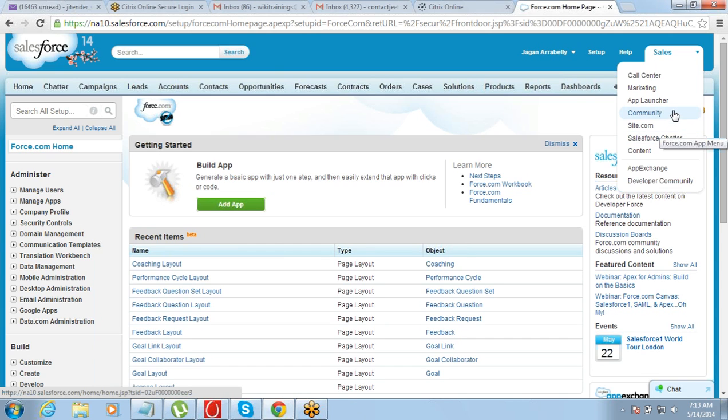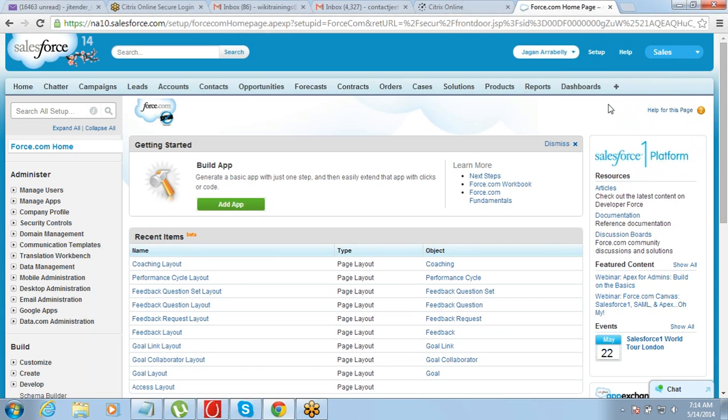So for that reason, you need different apps. The way we can see here: Sales, Call Center, Marketing. You can create more apps, and those will be listed here. Okay. So this drop down is basically the applications drop down. Right now we are in the Sales application. Fine.